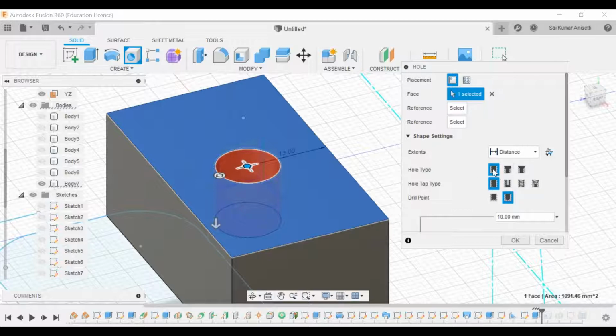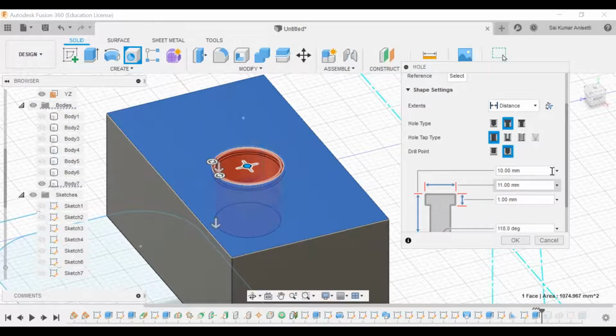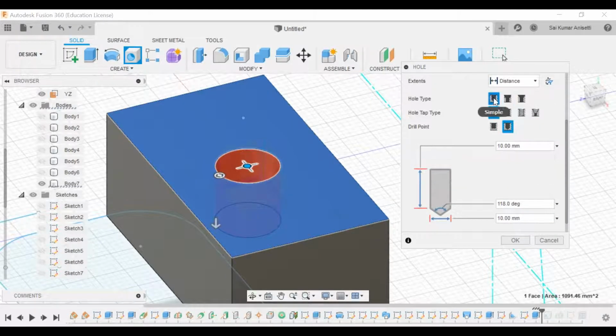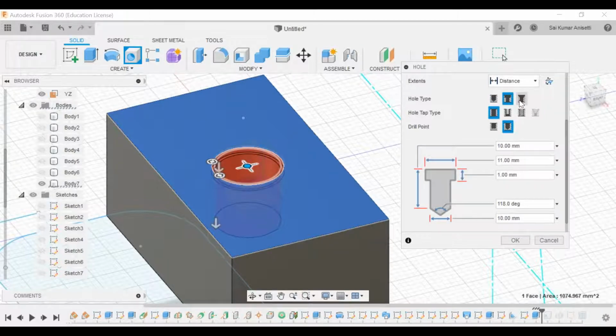See, one is through hole, and you have counter bore, and you have countersunk holes. For counter bore and countersunk holes, you can derive the depth of it. A preview will be shown. So if you just drag it, it will show the preview of which type of hole you are making. This is a simple through, this is counter bore, and this is countersunk. If you want to derive, at any given distance it is mentioning the depth of this hole and everything.